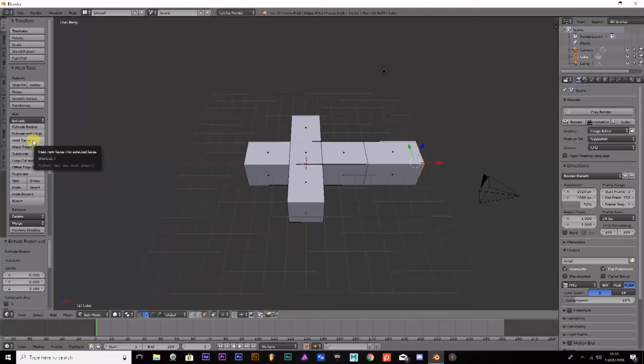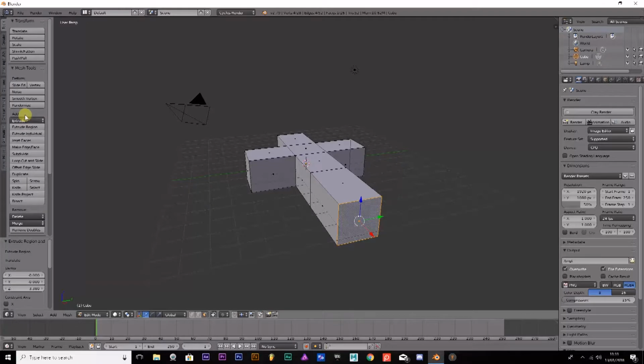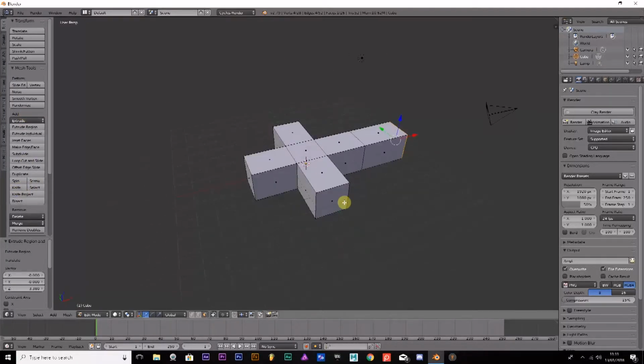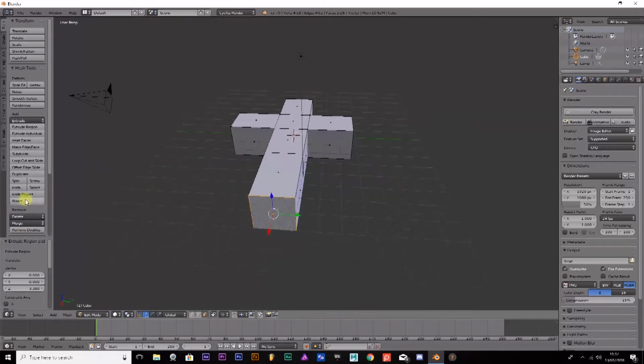You've got inset, which I won't be going through during this. You've got other things as well, like your knife tool, which I'm going to do a quick demonstration of. If I click on the knife tool, as you can see, it brings up this knife. What the knife tool allows me to do is select or snap anywhere on the edges or vertices, or even on the faces. I can create my very own